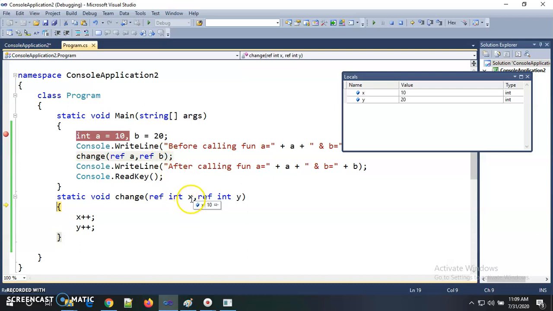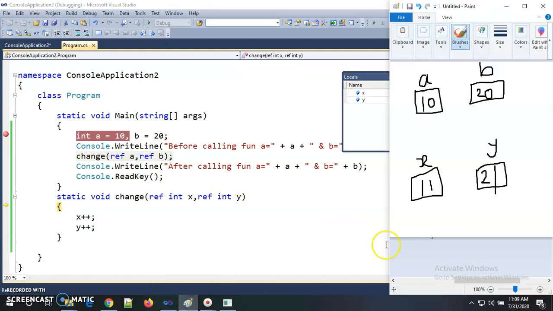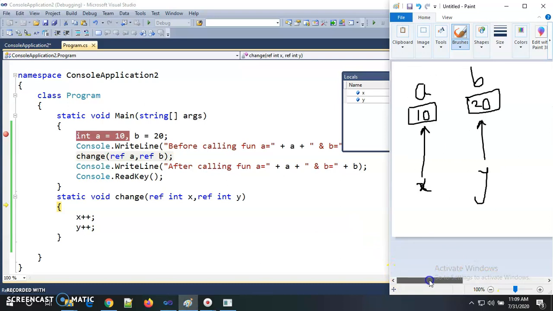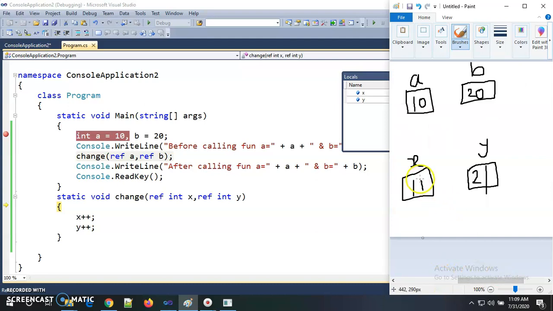Means x refers to the same memory of a and y refers to the same memory of b, and there is no new memory allocation for x and y. How this works, we see inside call by reference. This x will not be allocated separate memory as we see here.